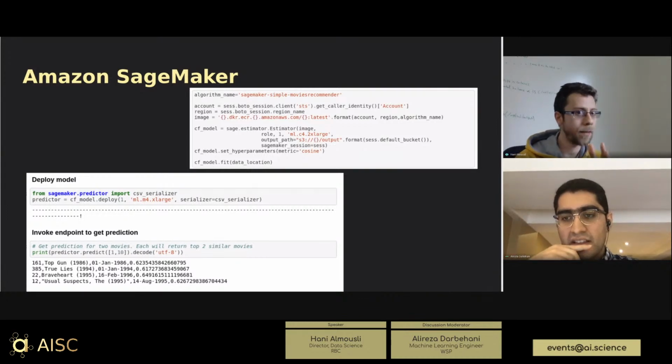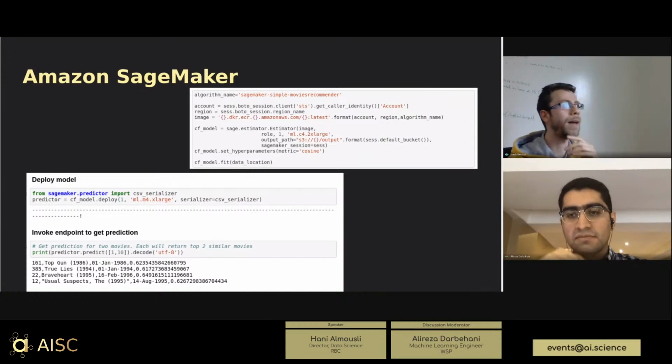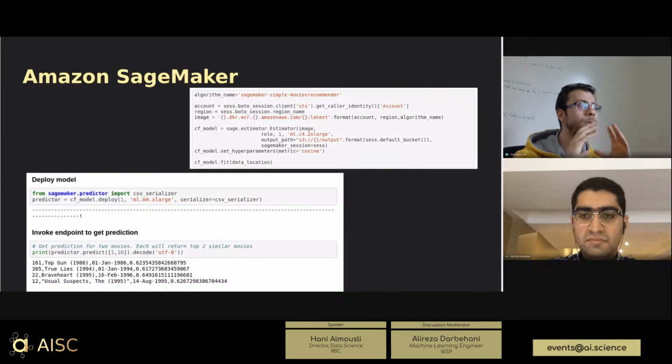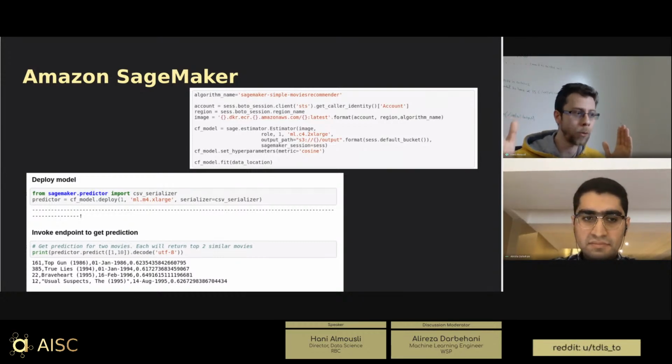I haven't tested this, but there is one thing that I didn't mention here: when you run your code on SageMaker, generally you connect to a Git repo. Given that you can connect to a Git repo, I'm pretty sure they have something like Jenkins. I haven't tried it, but I'm pretty sure there should be a way. But keep in mind, I don't know how straightforward it is, because once you change your SageMaker code, it means that you have to deploy something new to ECR.